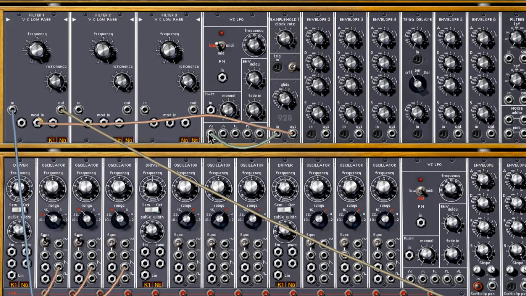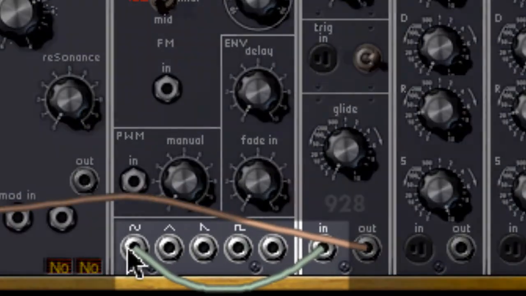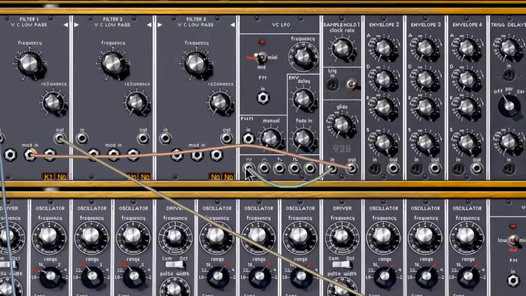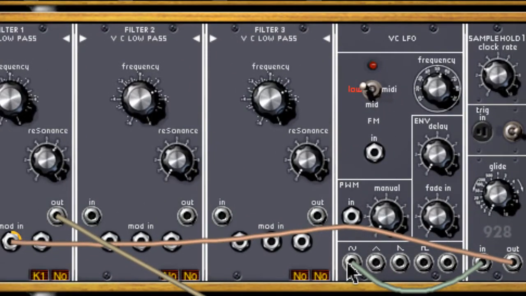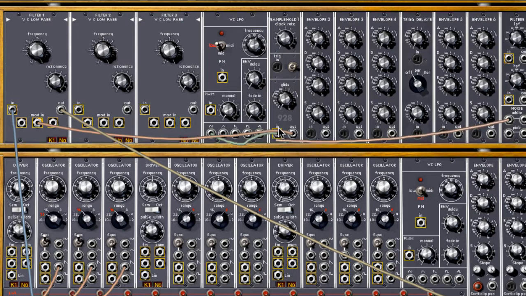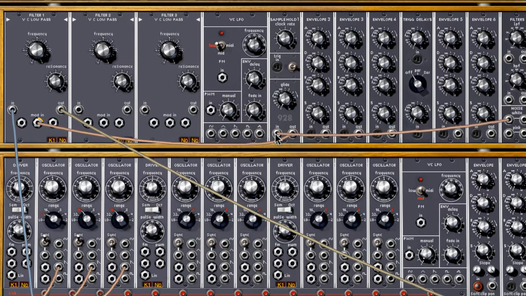Here's an example using the Arturia Moog Model V. In this case, the input to the sample and hold circuit is a sine wave. The sample and hold output is controlling the filter cutoff point. If we replace the sine wave with noise generator,